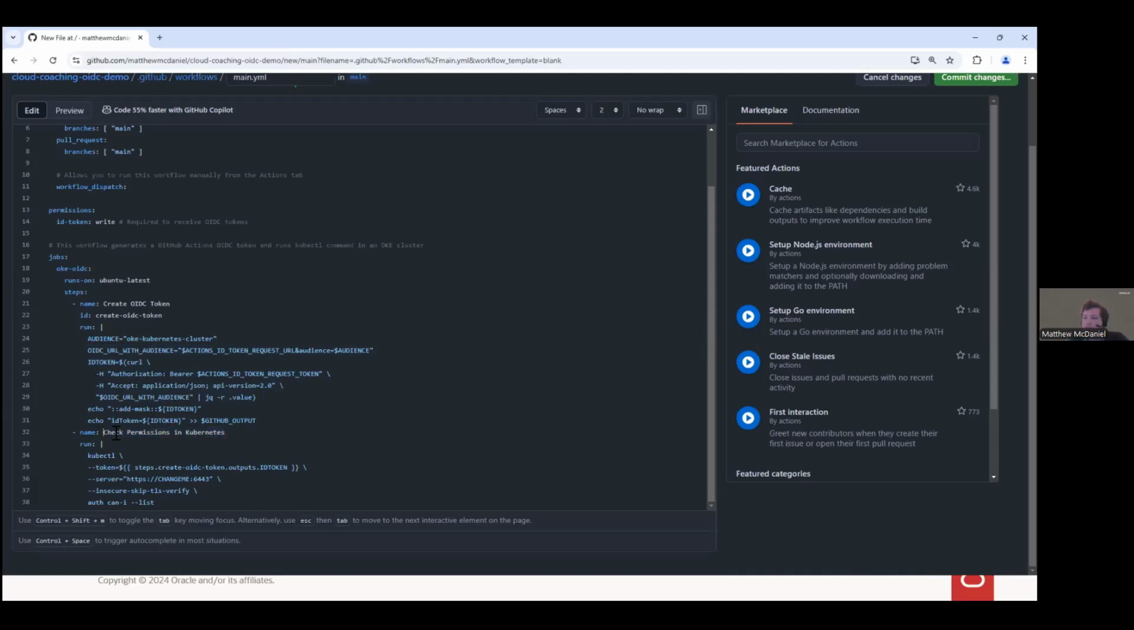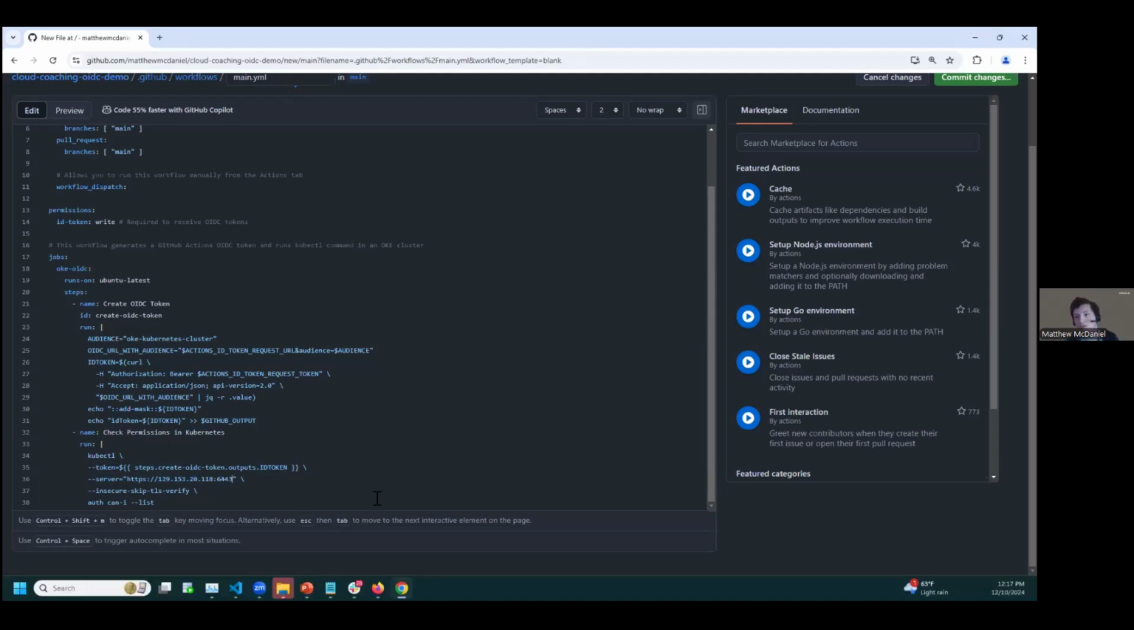The next step is just to check the permissions in Kubernetes. So with kubectl, I have this token flag where I output the token that I retrieved from the previous step. I specify the server that I want to use. Actually, let me do that now. I will give it the public URL for my Kubernetes server,